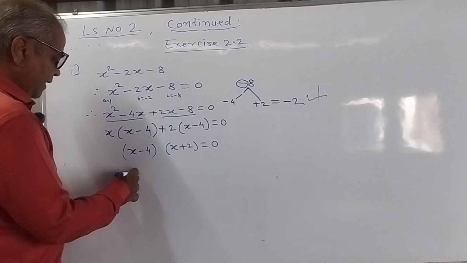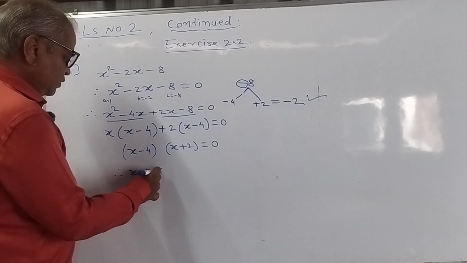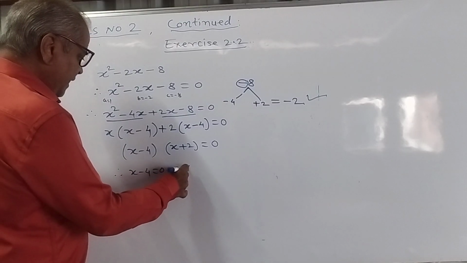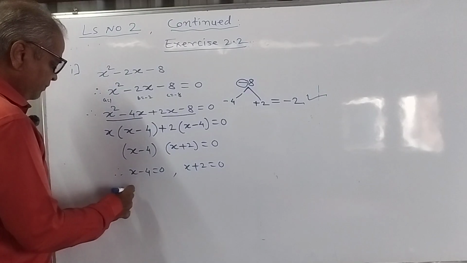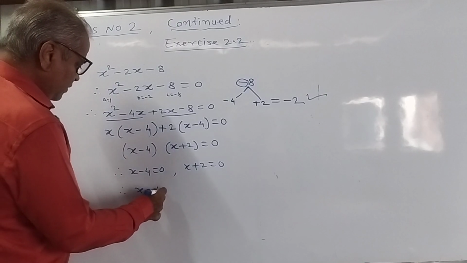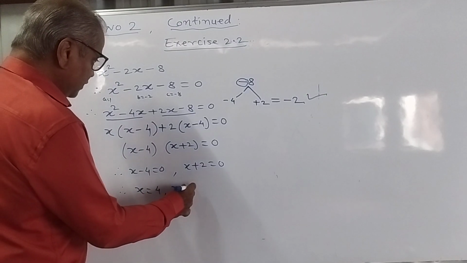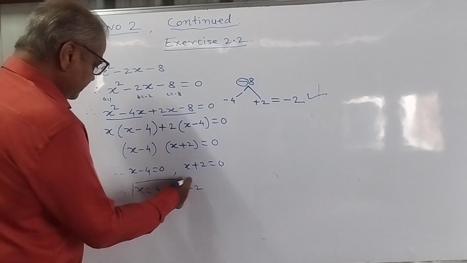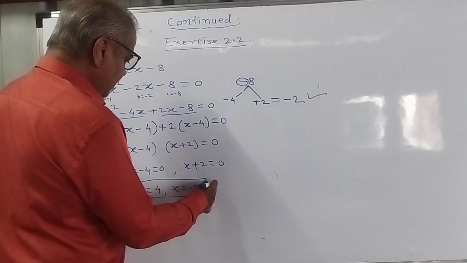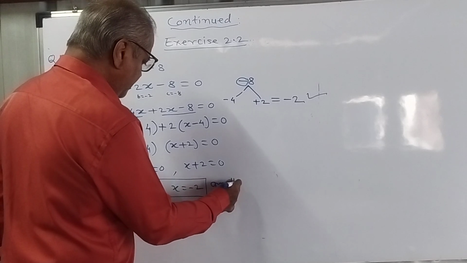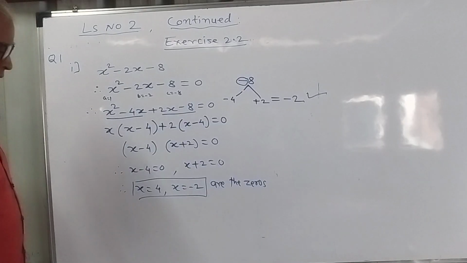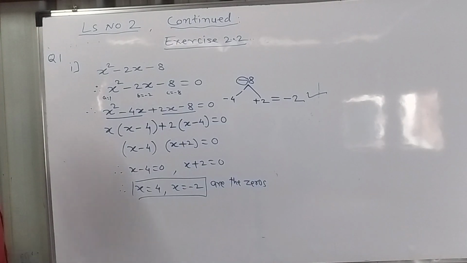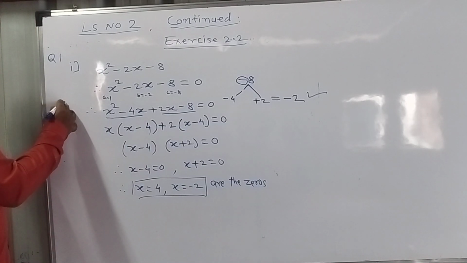Therefore x minus 4 is equal to 0, x plus 2 is equal to 0. Therefore x is equal to 4, x is equal to minus 2 are the zeros of the given quadratic polynomial. So this will give you 1.5 marks,